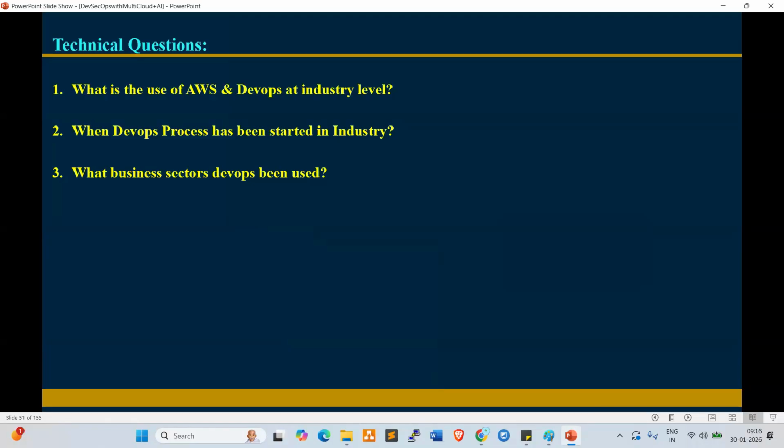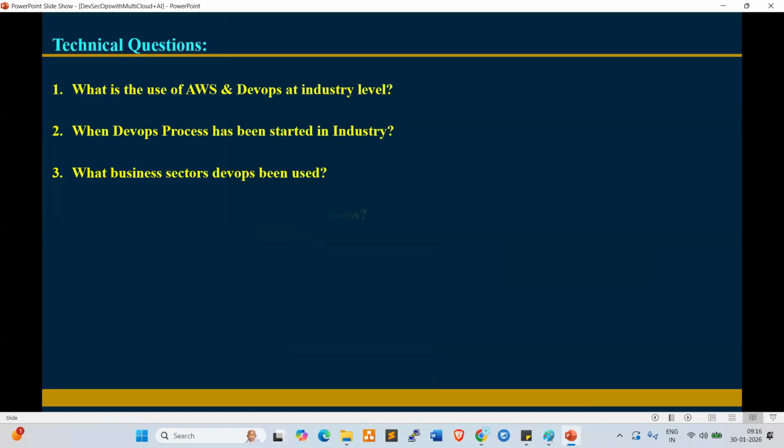One of my friends is working in the automobile industry. They're using Jenkins. One of my ex-colleagues is working in the medical industry. They're using Docker. So everywhere automation is the number one choice. Not only in the IT industry, every business sector is using automation tools, DevOps tools. Clear, right? DevOps tools are very popular now. Every organization, every project team is using DevOps tools to automate the manual activities.